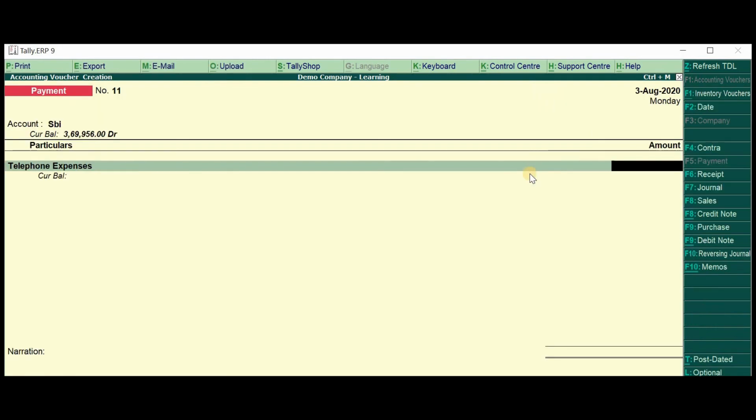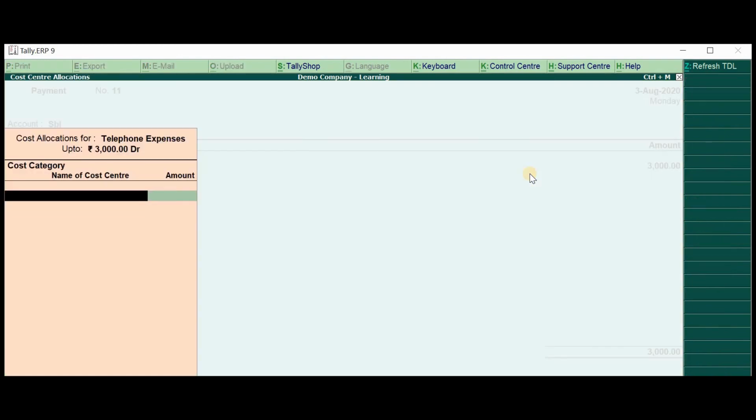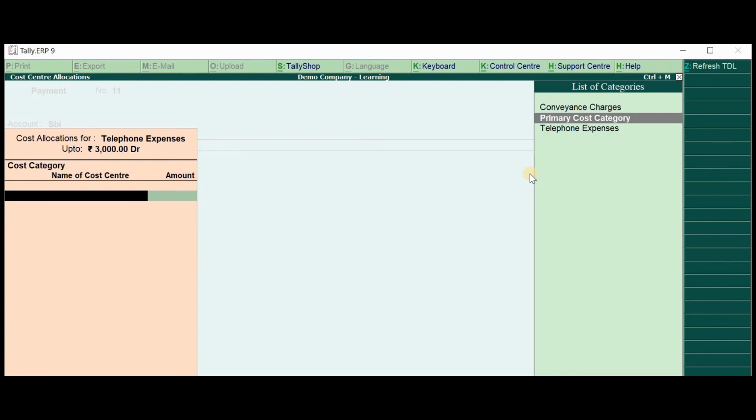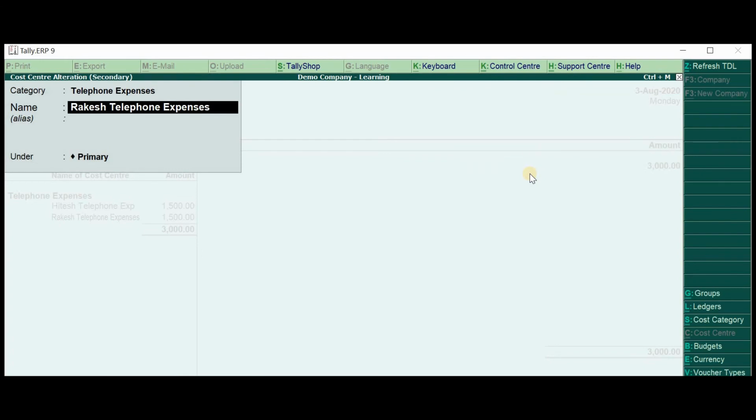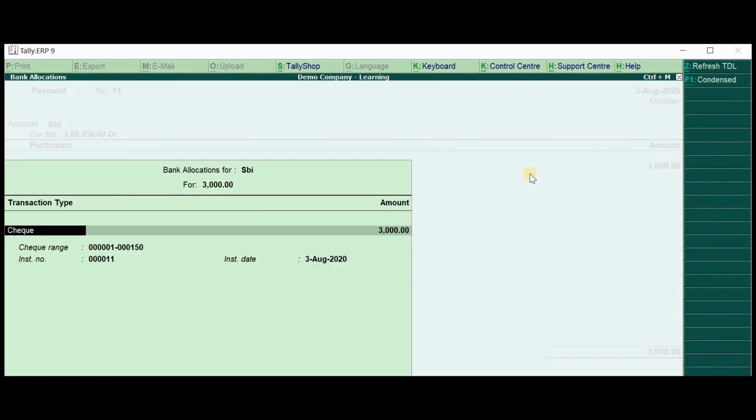Just press enter, and let's say the bill was 3000, and here I will charge it as this. Okay, simple. I've given the name as Rakesh. I think this should be Ramesh. Yeah. Okay, just save it.